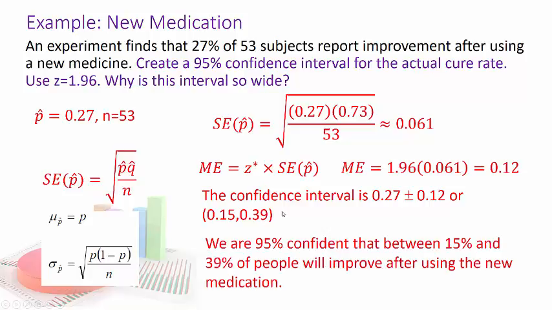Here's how we write the sentence. We are 95% confident that between 15% and 39% of people will improve after using the new medication. Now, it might feel a little strong because it's using the word will, but since we're doing the confidence, that kind of puts a nice hedge on it. Okay, so